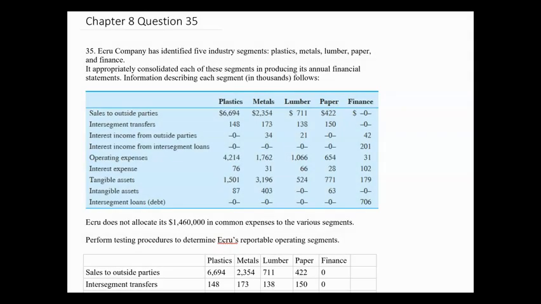Question 35. This question is asking us to perform testing procedures to determine Accru's reportable operating segments. Here we are going to perform 3 different tests, and if any segment satisfies one of the tests, then